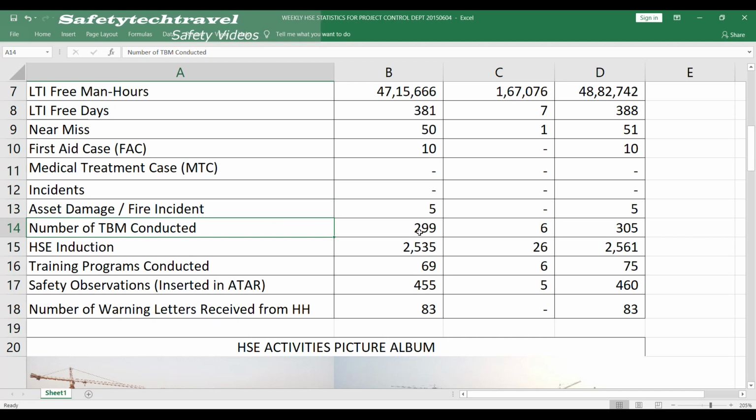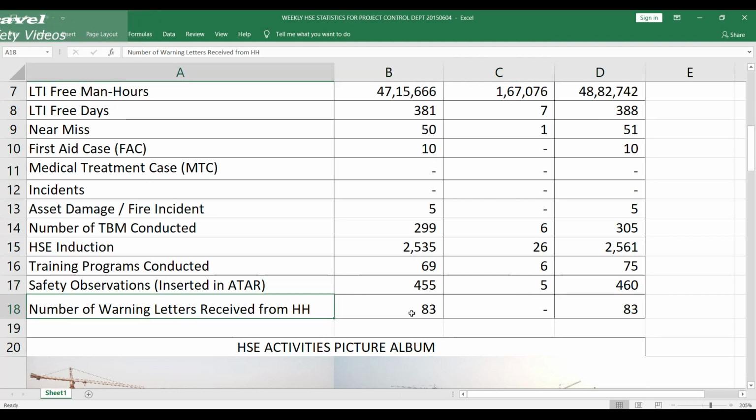Number of TBT conducted, cumulative numbers, and how many toolbox talks were conducted that particular week, and total. HSC induction cumulative and current week, and total. Training programs conducted also for the particular week and total. Observations: total observations raised, the particular week, and total.